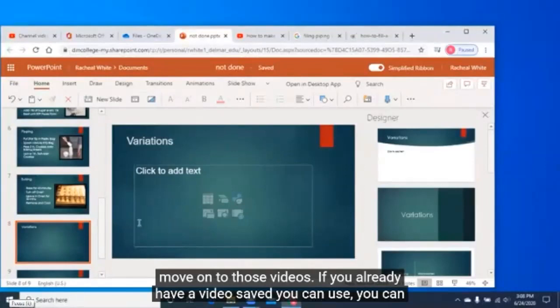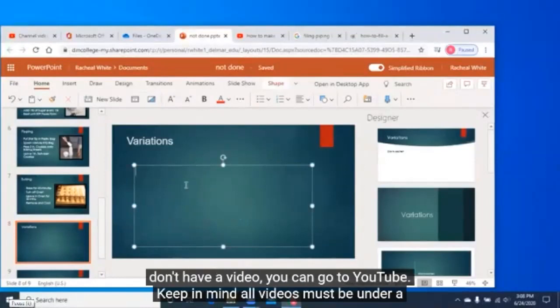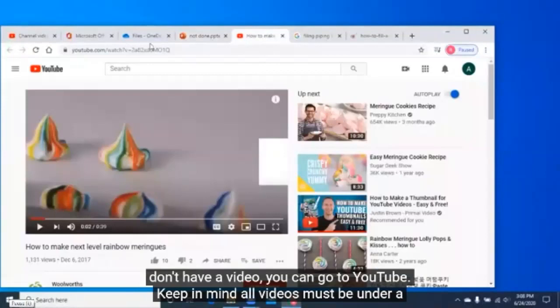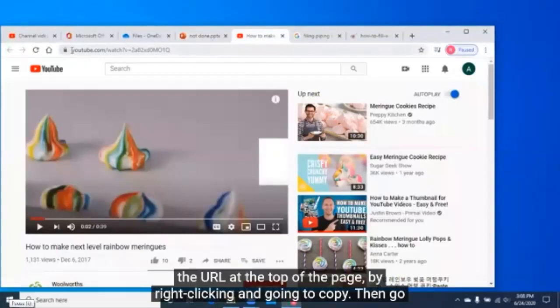If you already have a video saved, you can click Insert and then click on Videos and browse your computer. However, if you don't have a video, you can go to YouTube. Keep in mind, all videos must be under a minute. 30 seconds is preferred. When you have found your video, you need to copy the URL at the top of the page